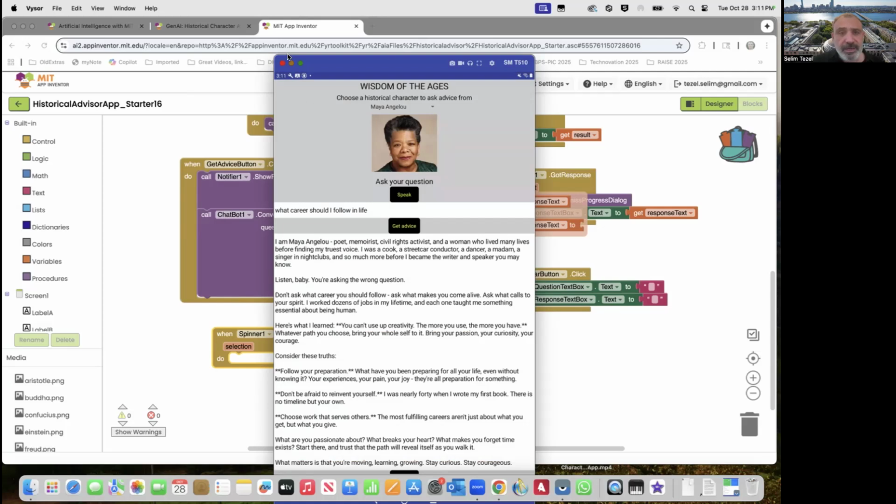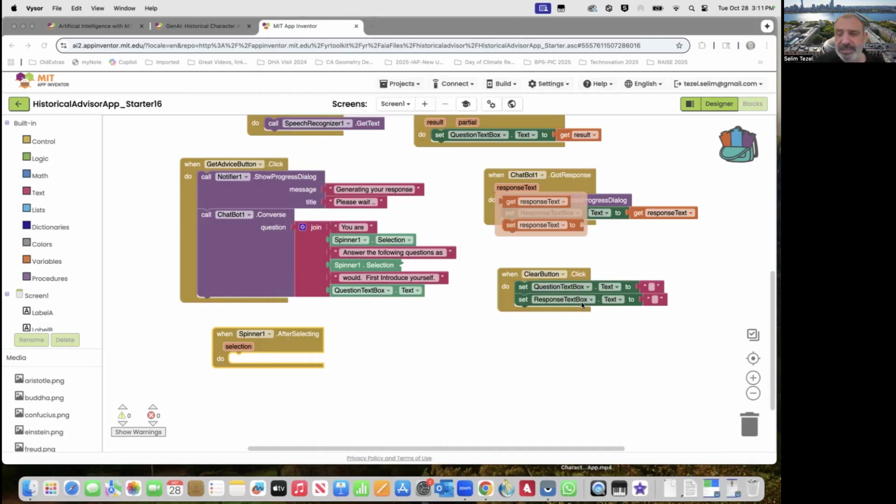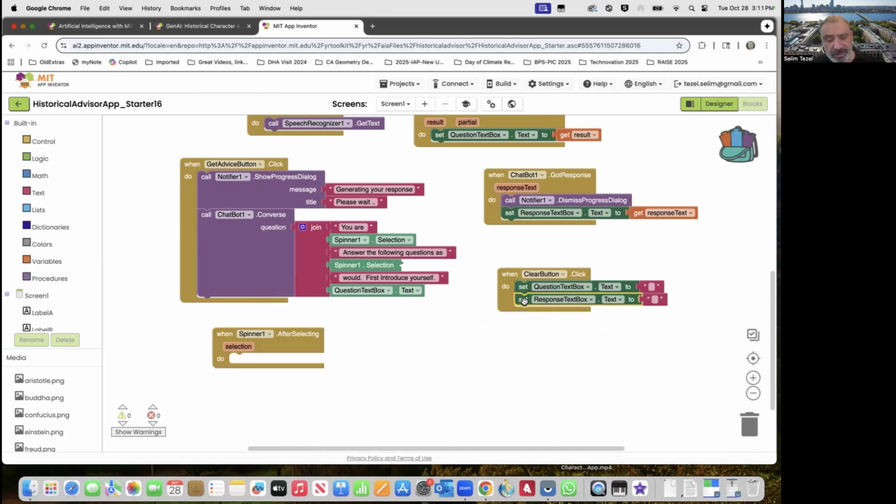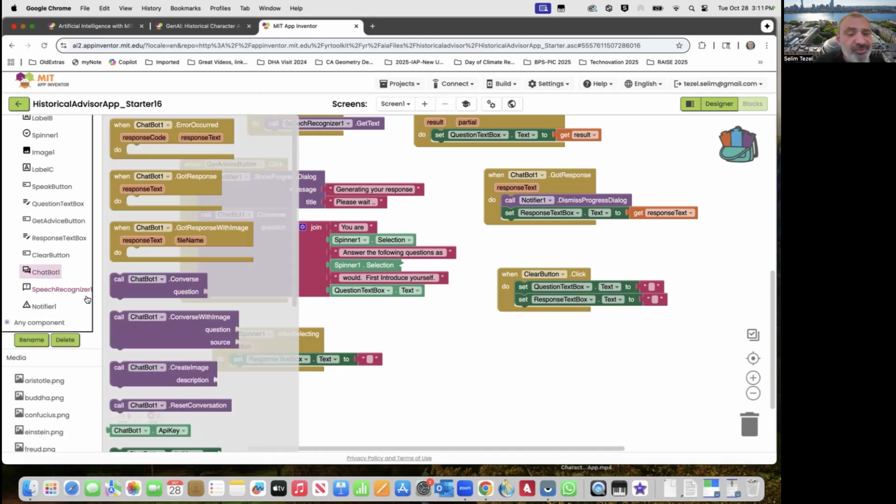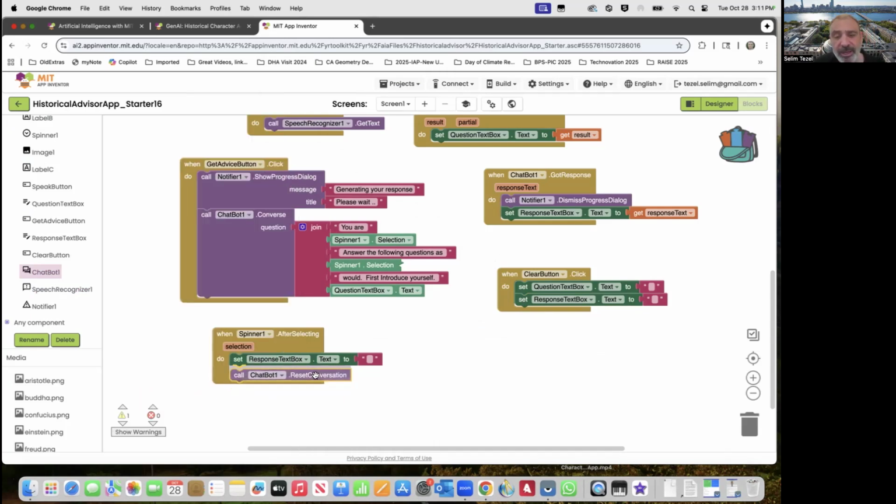All right, so here it is. Now let's start coding this. So I'm going to start by clearing the response text box. I'm going to do a Control C, Control V, and copy this thing right here. It might be a good idea to have the chatbot reset the conversation. Okay, you were just having a conversation. You told the chatbot you're Albert Einstein. It probably will keep thinking it's Albert Einstein. When you do a reset conversation, the large language model will basically be ready for a fresh conversation.